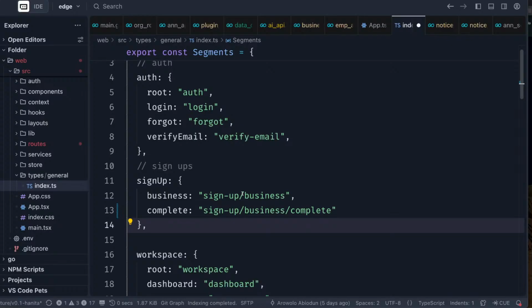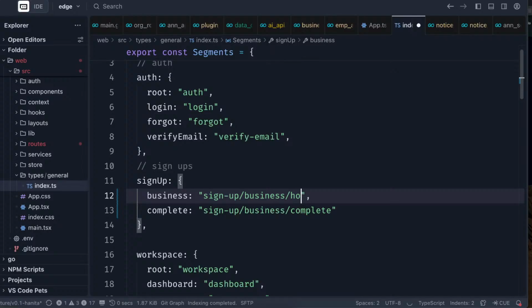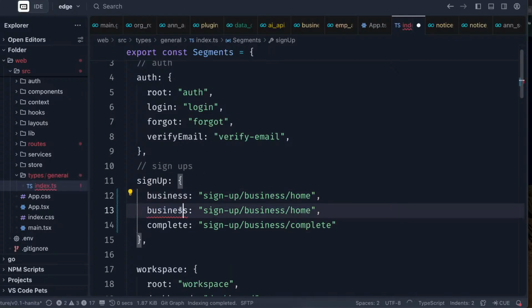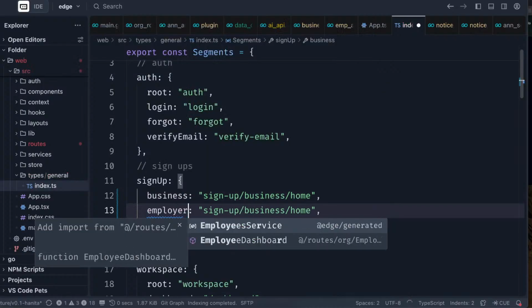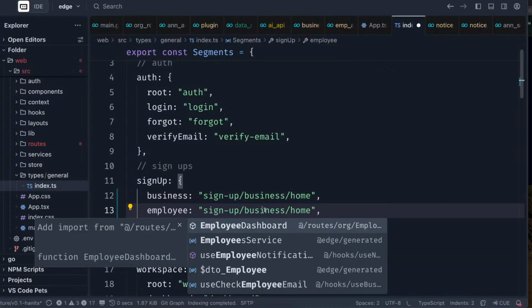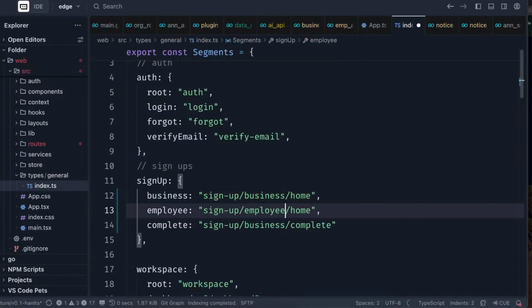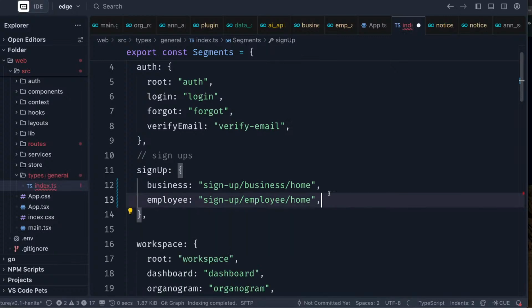So if I want to change this now to so many, I can say this one home. What that means is that business, for business people to sign up. Then I can say employee and do employee sign up. Then I can manage,